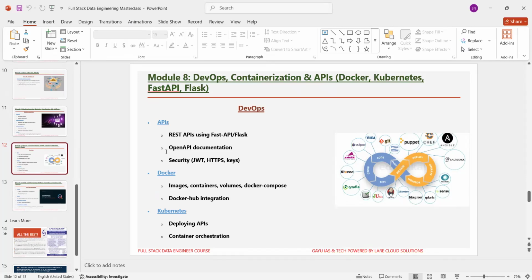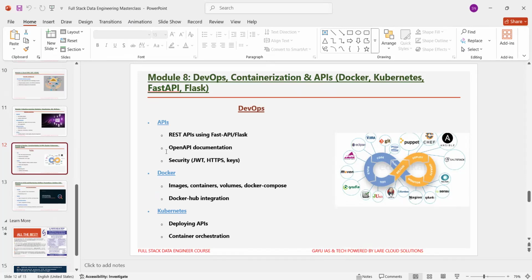One of the Jira tasks assigned to you is to develop REST APIs to serve processed data using FastAPI, containerize the apps with Docker, deploy and scale using Kubernetes, and secure APIs with JWT and HTTPS. Let's walk through building, securing, and deploying these APIs.